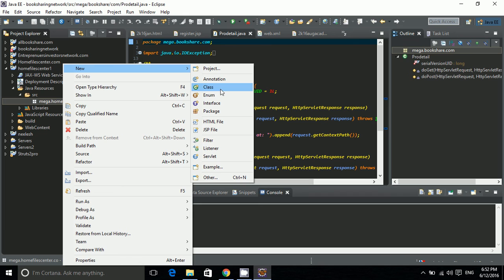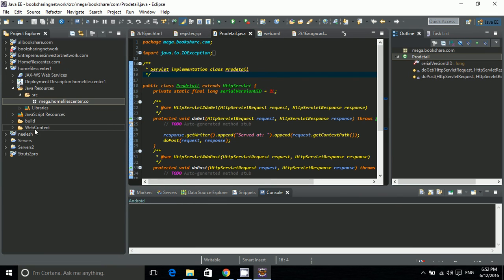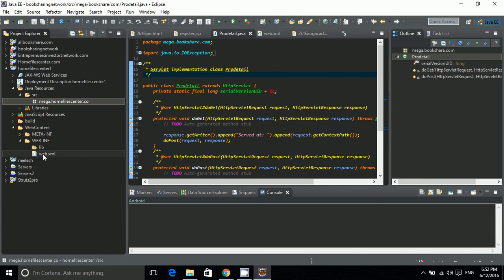How to create a class, what to write in that class, what is a class, what is an object, everything will be explained in detail in the following tutorials. This was just setting up our environment, and this is the WebContent folder. Click on the WEB-INF folder. WEB-INF contains web.xml. This is a deployment descriptor which we clicked to generate automatically. You could have done it manually also, but we did it automatically so that it already generates some code and we do not have to write much. It is just time saving. It is recommended to do it automatically, but if you want to make it manually, you can do that. No problem, no issue on that.